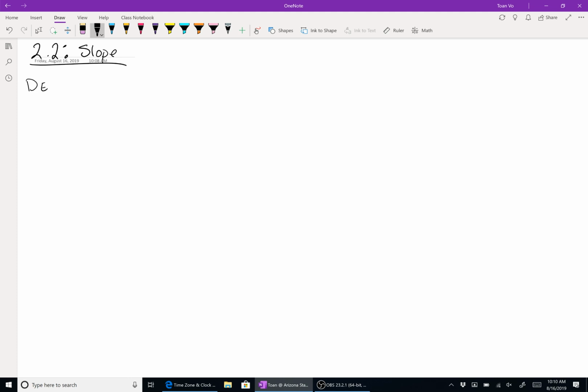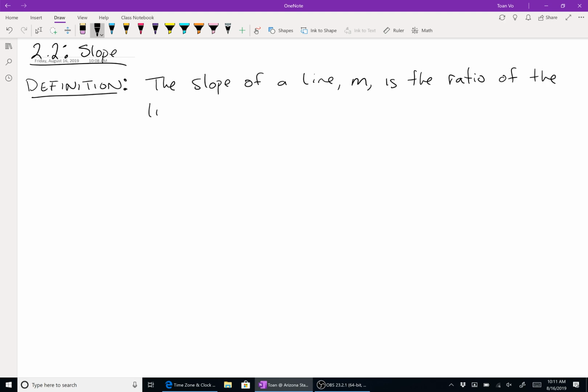So here's sort of like the definition of slope. The slope of a line, and beyond any rational logical reason, the variable that we typically use to denote slope is m, because when you think of slope, you think of the letter m, of course, is the ratio, and the word ratio just means fraction, so it's a fraction or a division problem, is the ratio of the line's